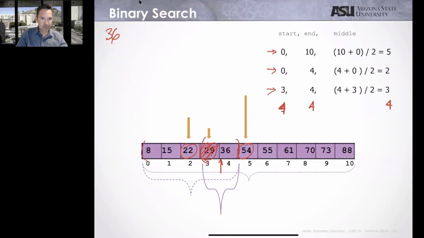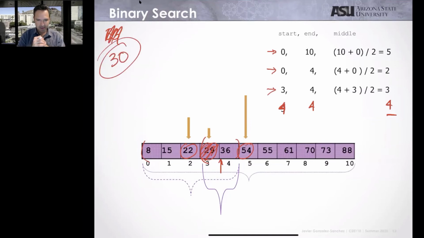Well, I am going to compare the middle with the 36, and I found it. So if I am searching for the 36, I need one more iteration, but at the end, following the same process, I am going to find the 36 also. Makes sense? Now, what happens if I am looking for